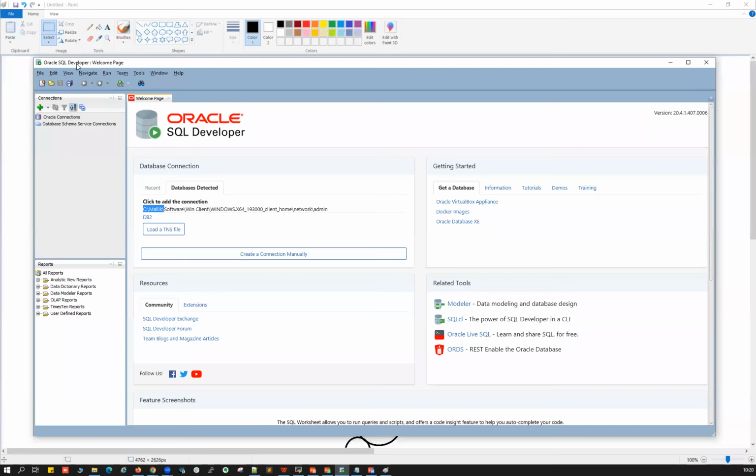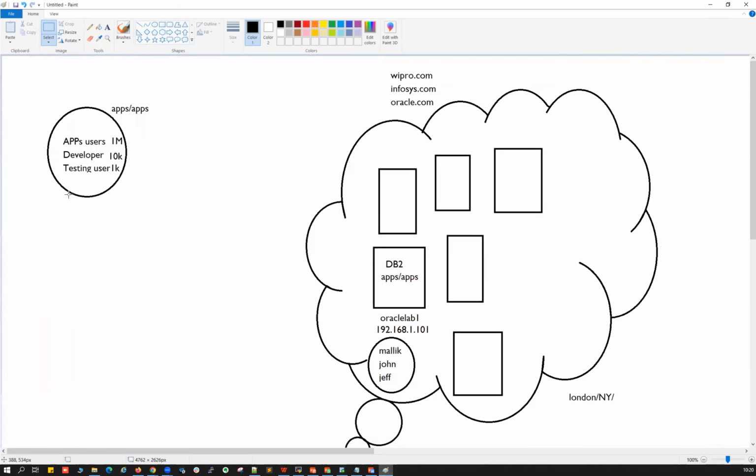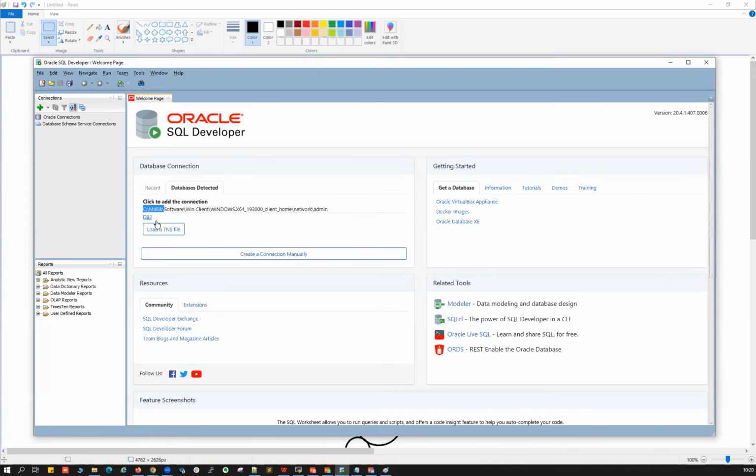This is the application. As I said, a client can connect to my database with various methods. He can use SQL Developer, he can use Toad, and he can use anything. So what I said, the client can use a TNS file, or they can give all the entries while connecting. I'm going to show you that in a minute. So two methods he can use. He can either use the TNS name here.